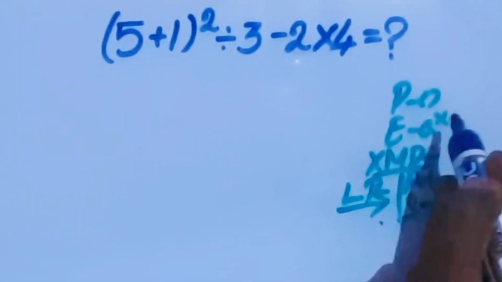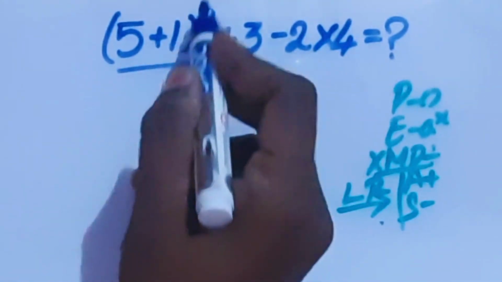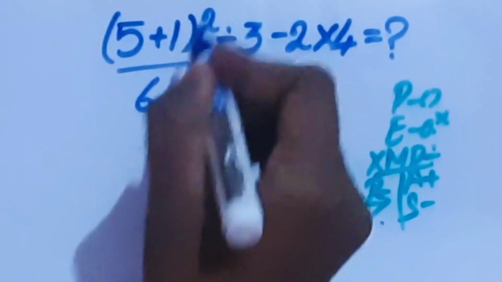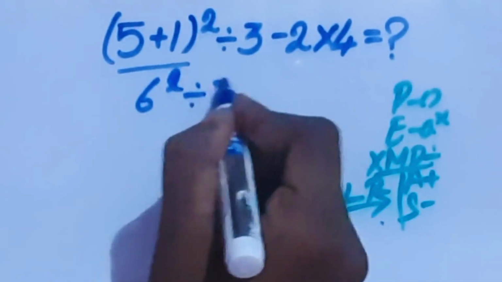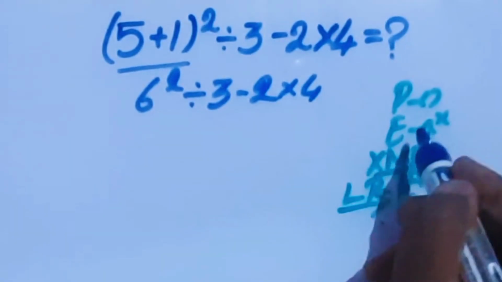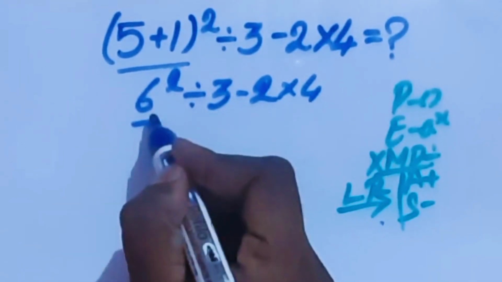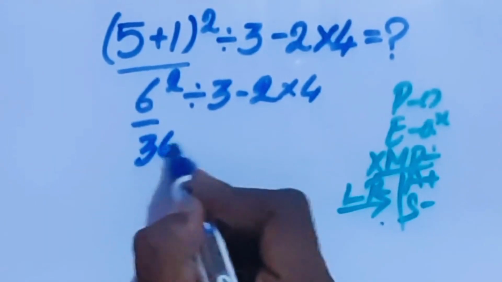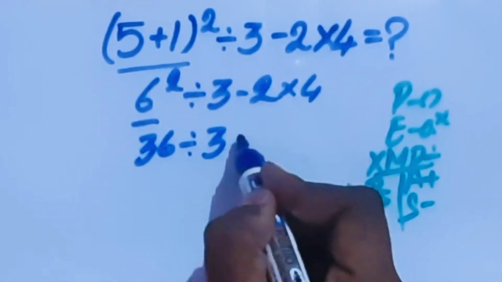Here, as per the order of operations PEMDAS, the bracket is higher priority, so we have to do this bracket before the other operations. Here 5 plus 1 is 6, squared, divided by 3, minus 2 times 4. The next priority is the exponent, that is 6 squared. The 6 squared is 36, divided by 3, minus